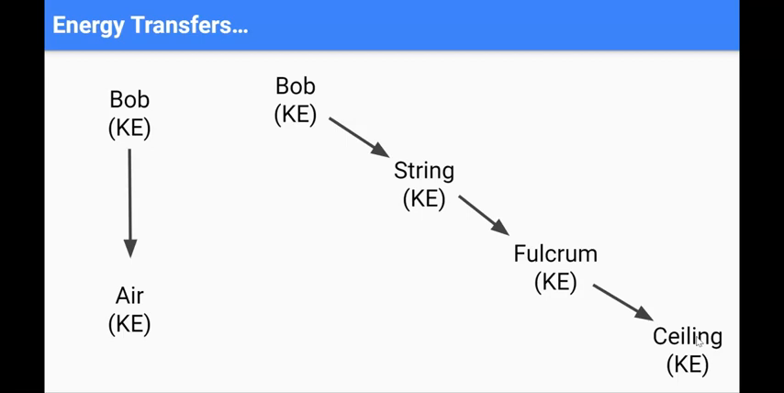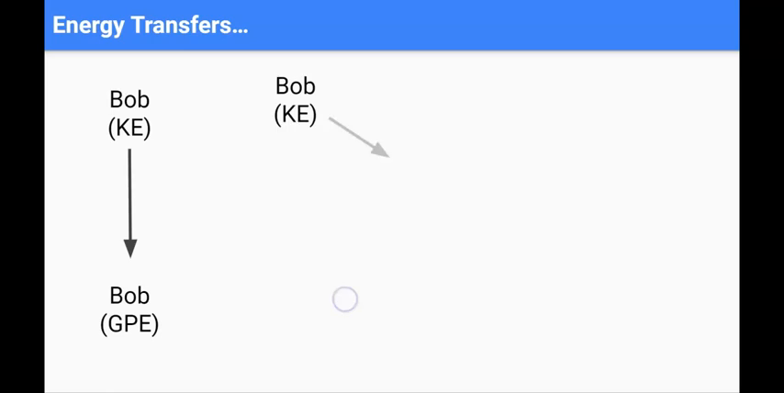And that is evidence that the movement of the fulcrum is caused by the movement of the string, which is caused by the swinging bob. All of that kinetic energy just transfers throughout the whole entire system, causing the little bars on the ceiling to vibrate. The other situation that's happening to the energy in the bob is that